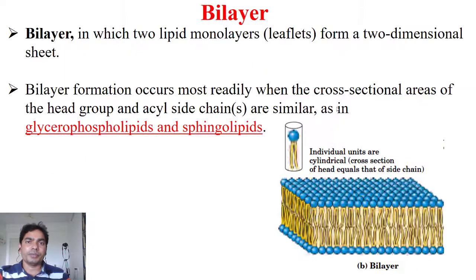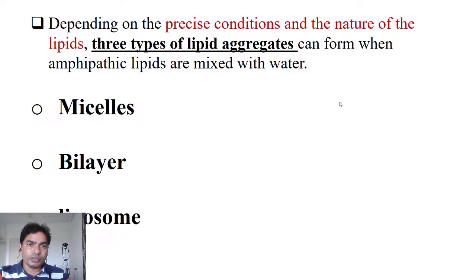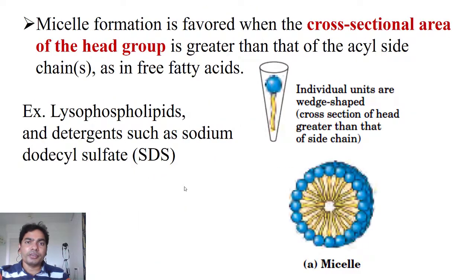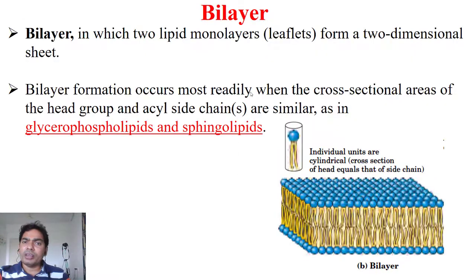Now we have understood. The second is the bilayer, right? So here is the bilayer, the second type of aggregate, and the third one is the liposome, right? So the bilayer is a very unstable structure. Why? The reason you know. Because this area is always exposed to the water, so this does not form for a longer period of time. I mean it quickly forms and converts into some other forms.